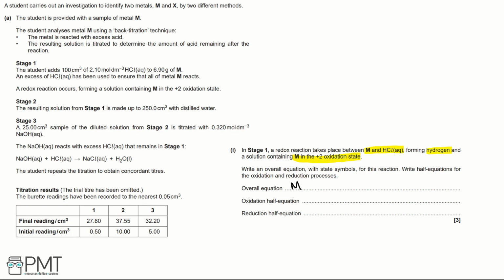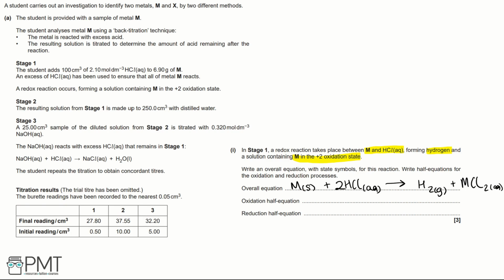We have M as a solid because it's a metal, and hydrochloric acid, which will be aqueous. Then we form hydrogen, which will be a gas, and MCl2, which will be an aqueous solution. Now we just need to balance the equation, and to do that we need two hydrochloric acid